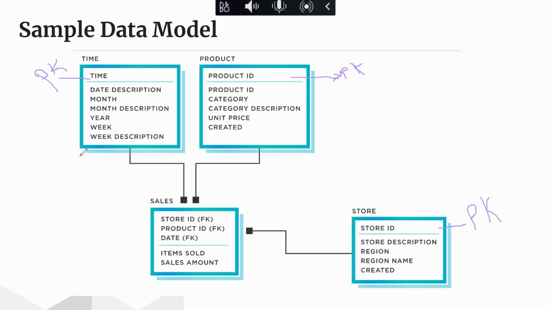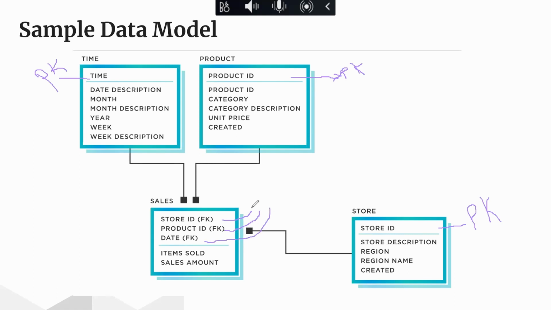Each time is unique, not duplicated. But you'll now find something interesting here, right? The store ID we see here, we now find the store ID here. We have the product ID, and this time here is referenced as date.